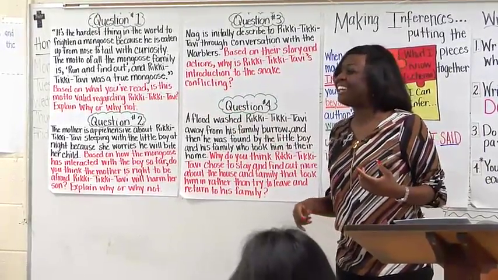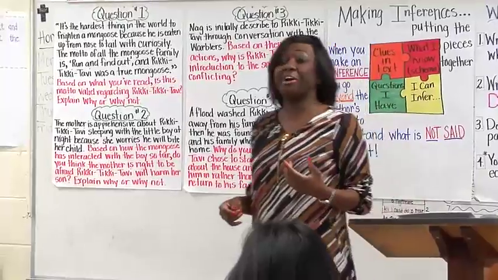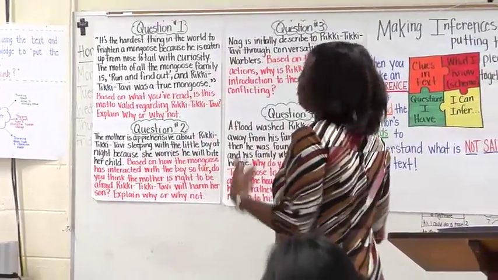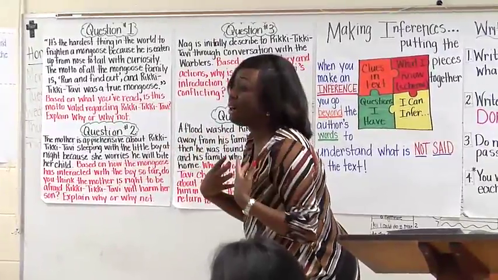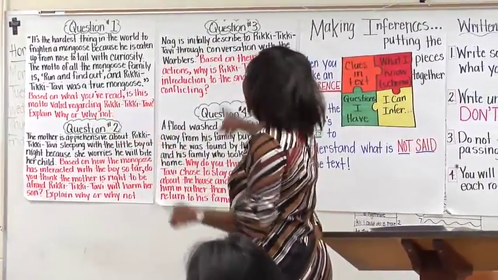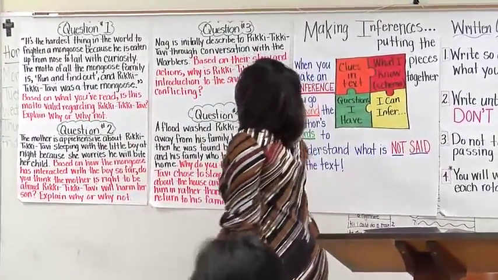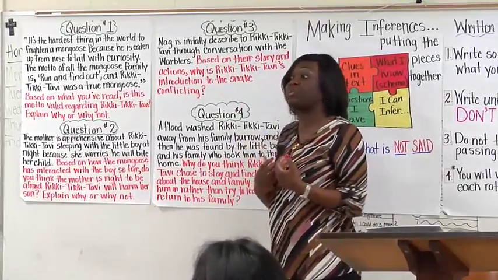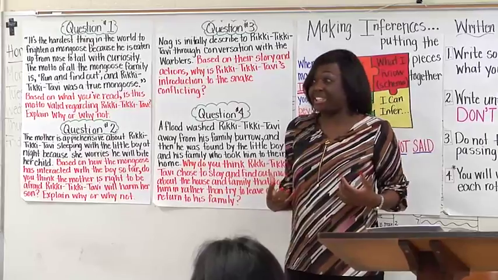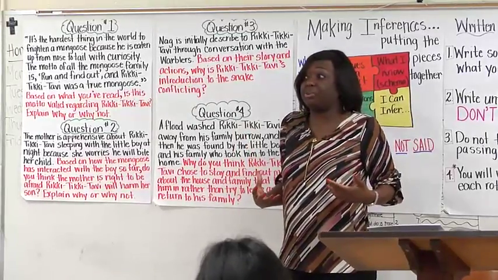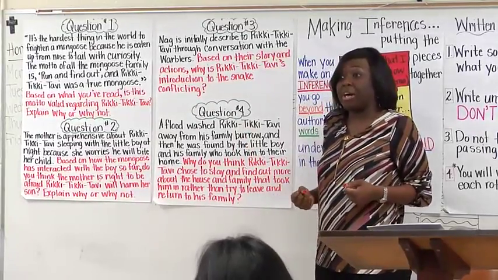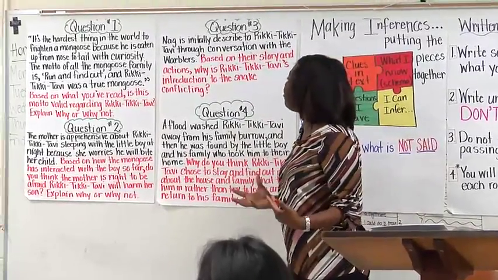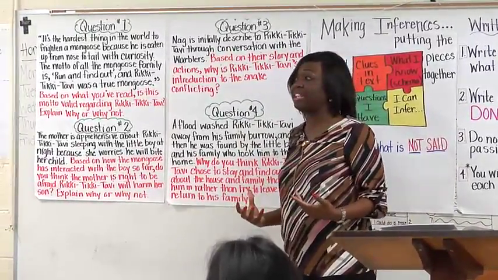What did you say? He should be put down. Okay, anybody else? I agree, he should be put down, but that's our what? Opinion. You might want to use it. Tell me why. But based on their story and what they told him and their actions, what did they do when Nag came? They kind of got what? Scared. They moved. Why is Rikki-Tikki-Tavi's introduction to the snake conflicting? Because